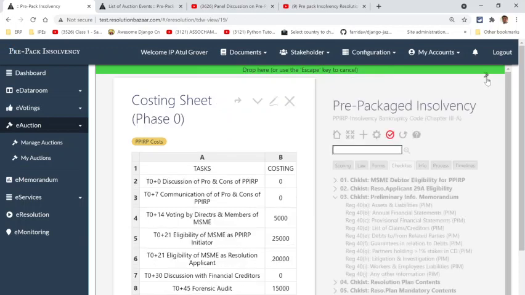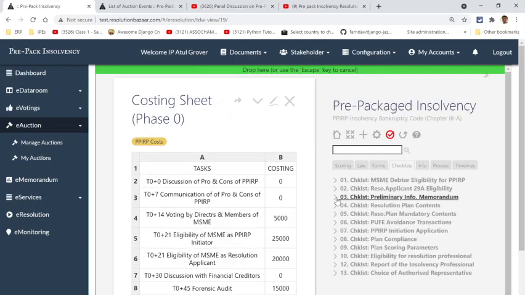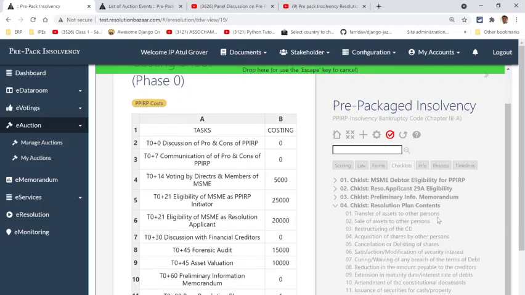Now this is where things can get tricky, because the resolution plan has two things. One is the contents, another is the mandatory contents.